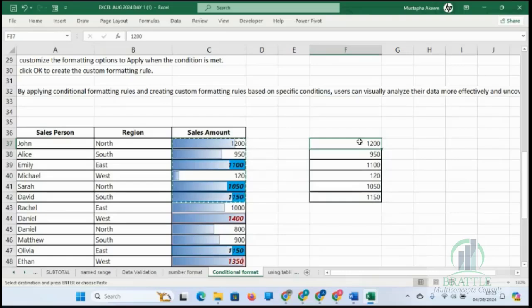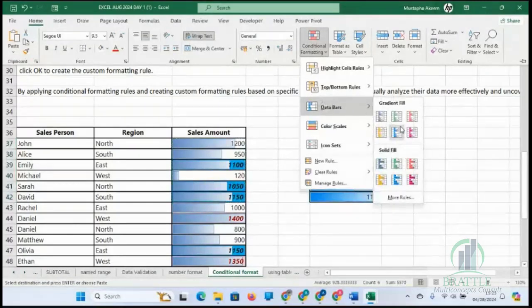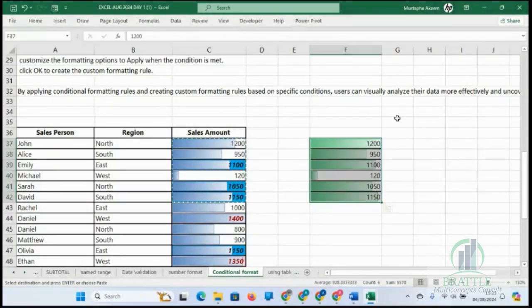Okay, let's create the bar again. Data bar. So by this you can know who is having the highest sales and who is having the lowest sales, even without looking at the numbers. This will tell you who is having the highest or lowest.